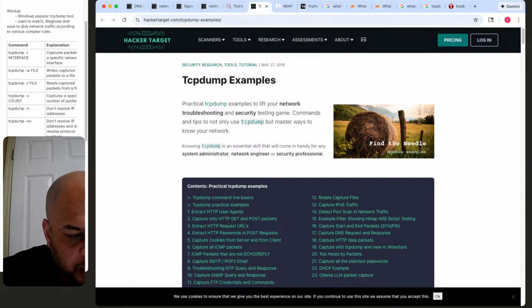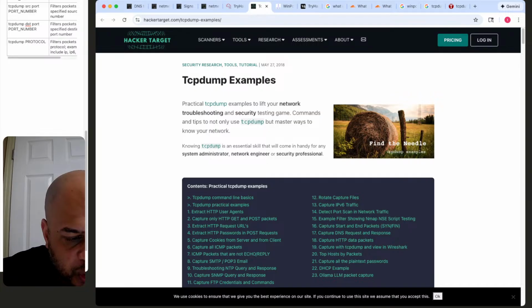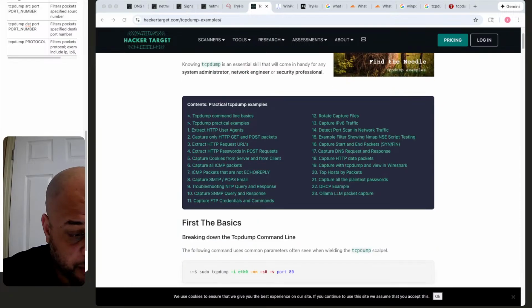TCP dump: practical TCP dump examples to lift your network troubleshooting and security test game, commands and tips to not only use TCP dump but master ways to know your network. Knowing TCP dump is an essential skill that will come in handy for system admins, network engineers, or security professionals. TCP dump examples. So is this a